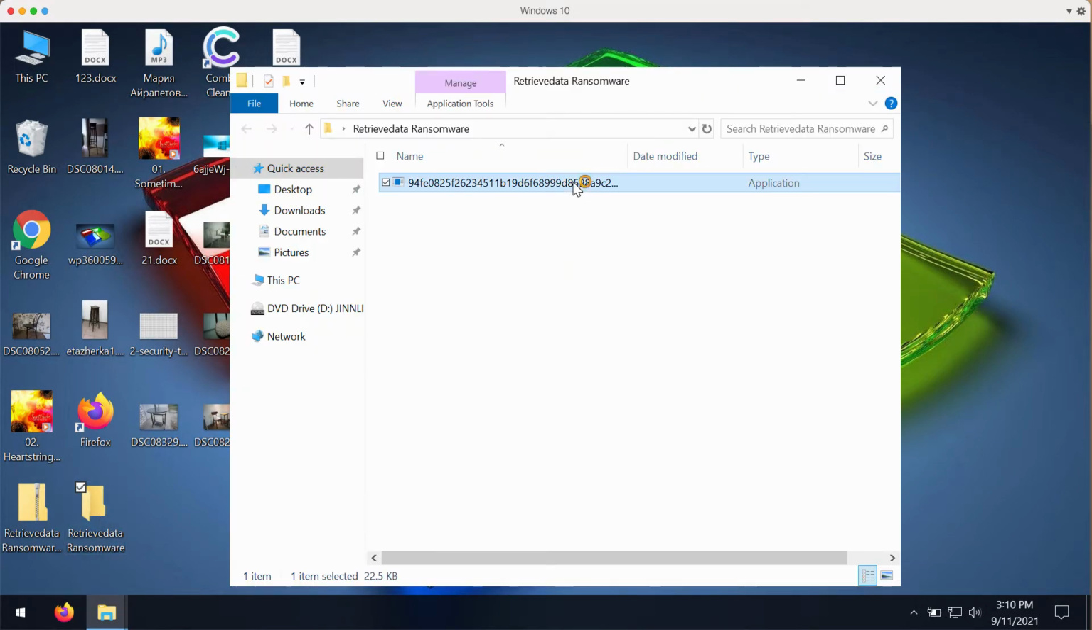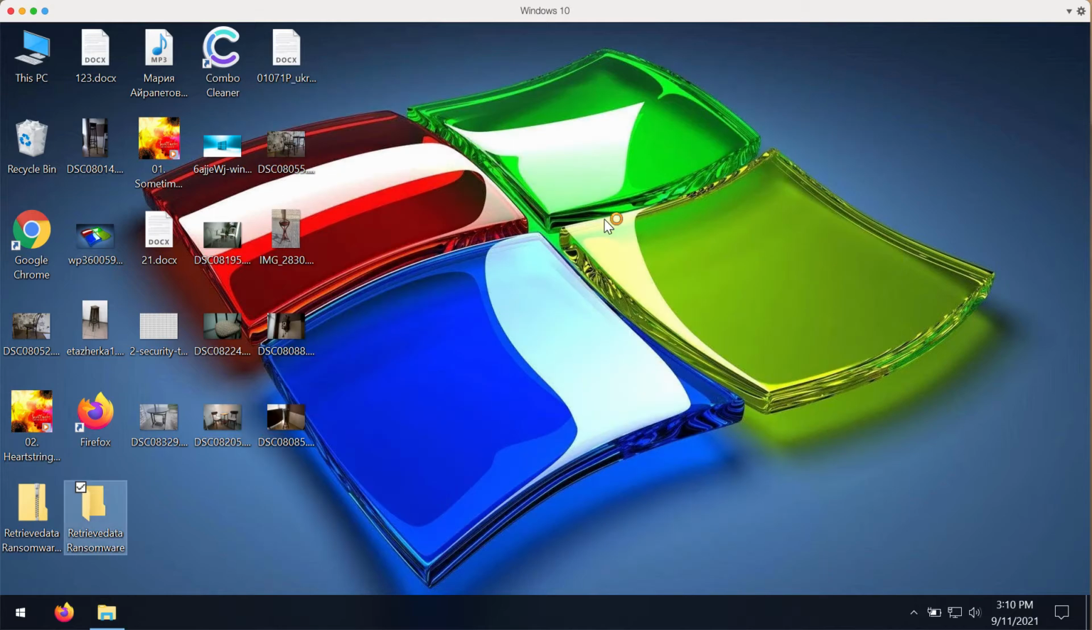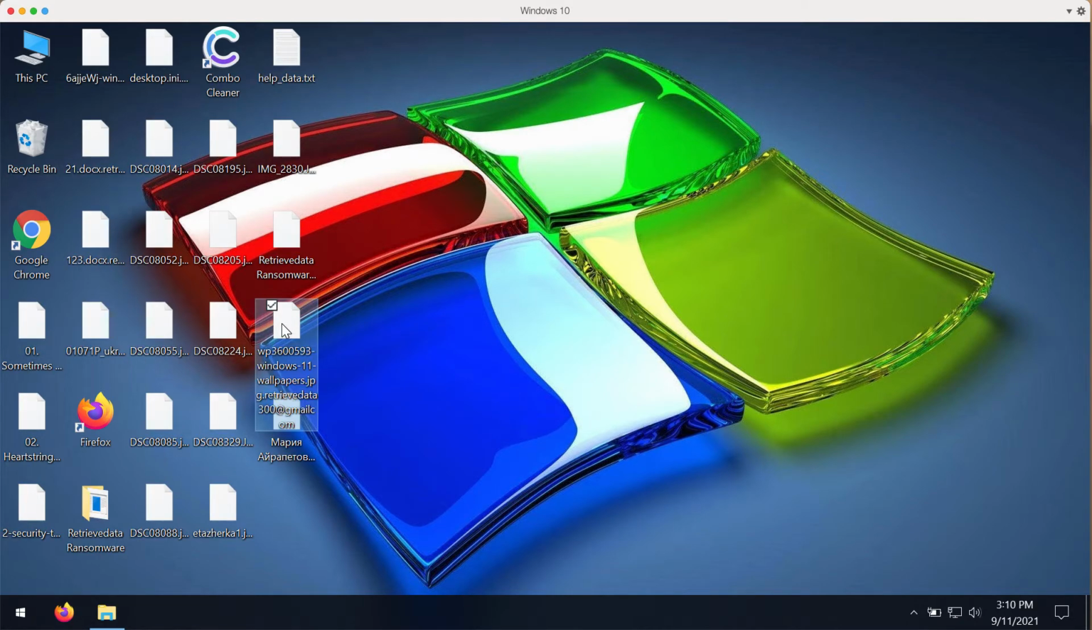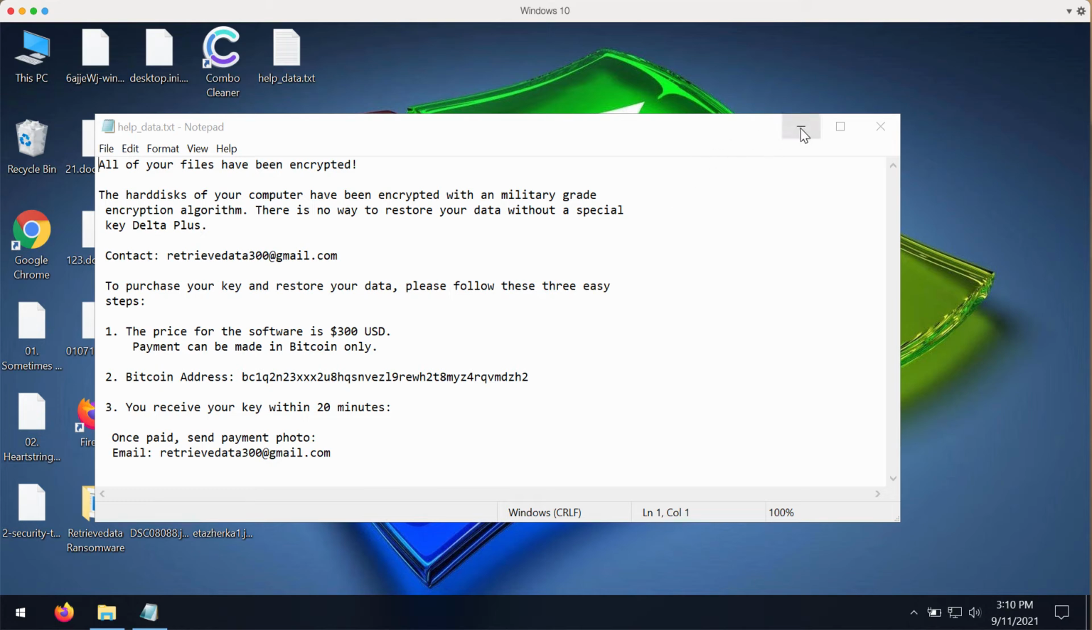However, after the ransomware file is executed, it starts immediately encrypting your data. And pretty soon, you'll discover that a special extension has been added to your files, and you see this scary warning that says all of your files have been encrypted and that you need to contact these criminals by email